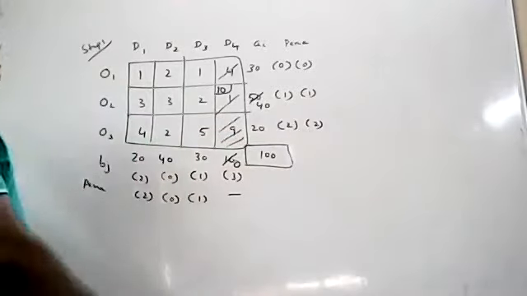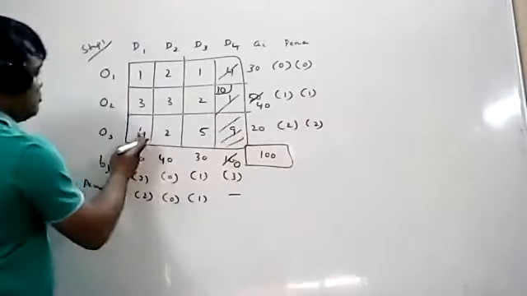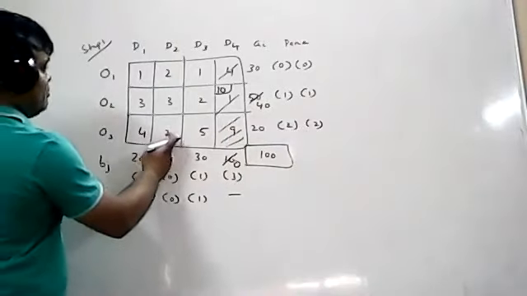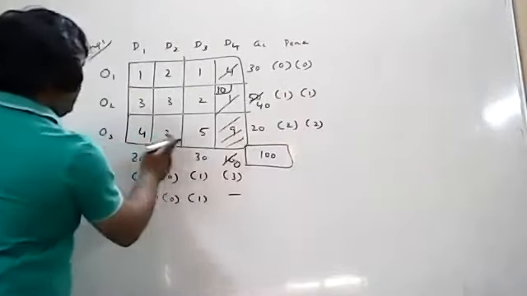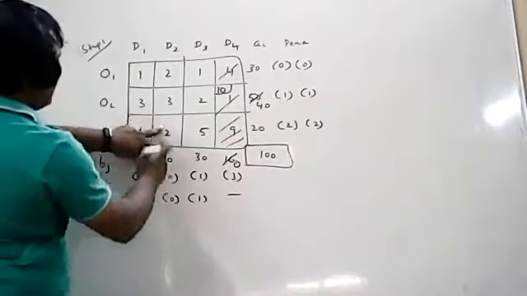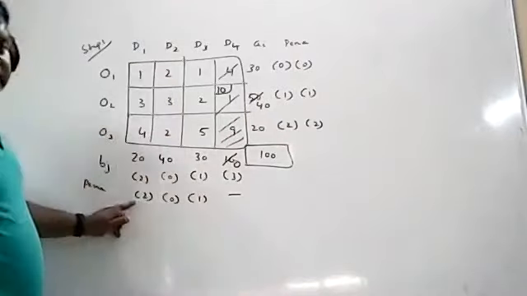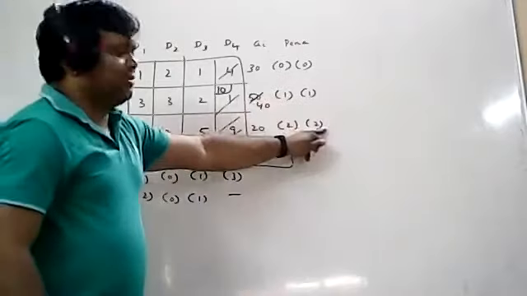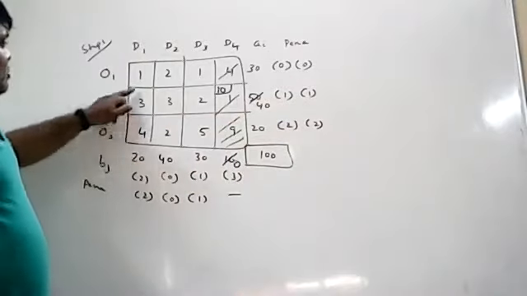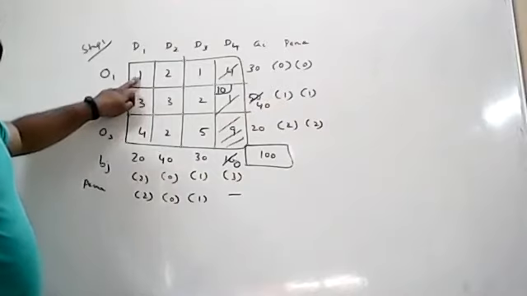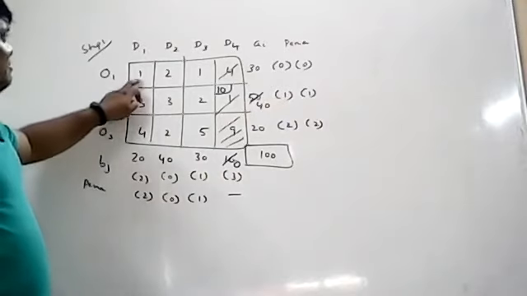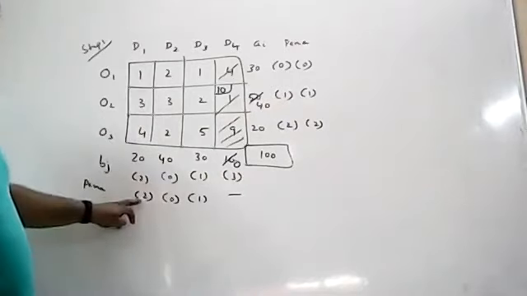Go for minimum element. In this 2, what is the minimum element? In this 2, minimum element is 2. If you consider this 2, minimum element is 1. Which is minimum? 1 or 2? So 1 is minimum. So you have to choose this 2 first. Whenever penalties are equal, go for minimum elements. So minimum elements, here it is 2, here it is 1. So which one you will consider? 1 is the minimum. So you have to choose this 2.